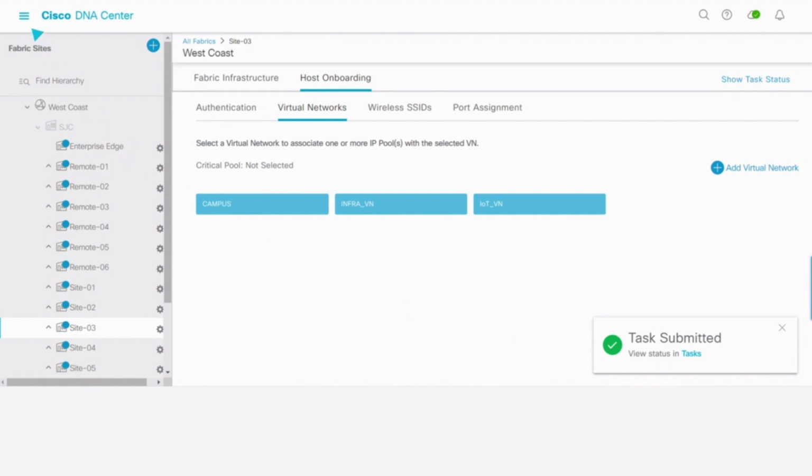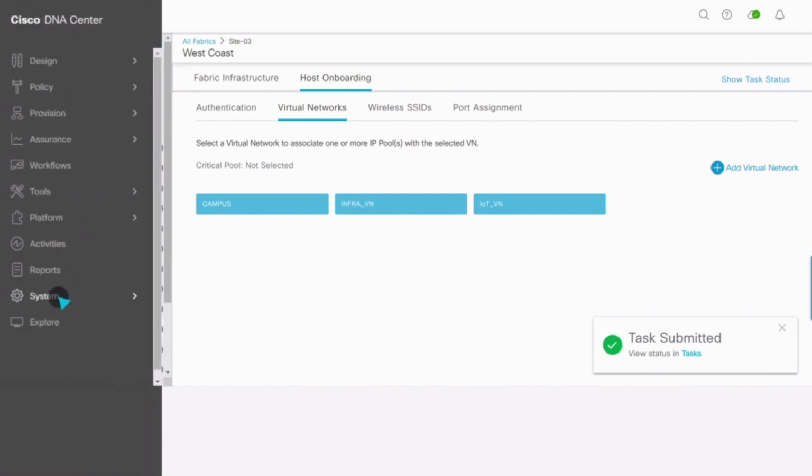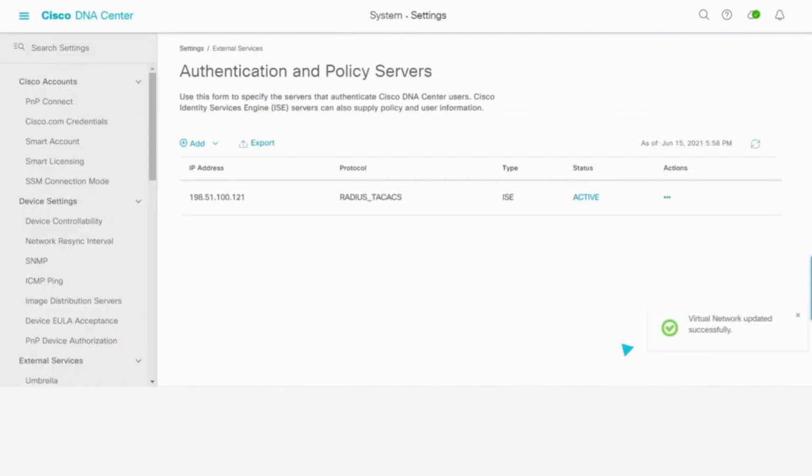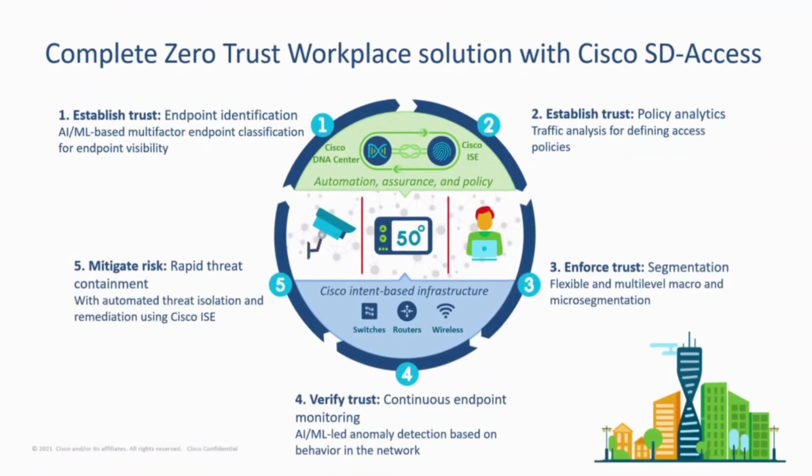Our next step is to connect ISE and begin to authenticate and authorize each endpoint. Next, we will replace the Layer 2 access switches with Layer 3 SD access compatible ones. We can do this slowly over time, as called for by replacement cycles and our available budget, and maintain full connectivity between the new sections of our network and the old ones. We now have all the pieces we need for a full SD access implementation and are well on our path to Zero Trust security. In Part 2, we'll show you how you can use your SD access network to complete your journey